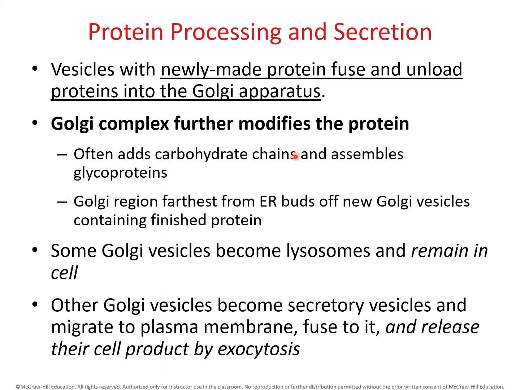It might add carbohydrate chains, making glycoproteins. Glyco just means carbohydrate or sugar. Okay, so we do have substances known as glycoproteins where they're a combination of carbohydrate and protein. Okay, so it may add carbohydrates to proteins. All right, a number of things are going to go on here in the Golgi, which is a whole other study itself. All right, but really cool. And this is the final area here in the Golgi where the protein is formed 100%, and then when it's finished, it will be sent out of the cell, or it will remain in the cell.